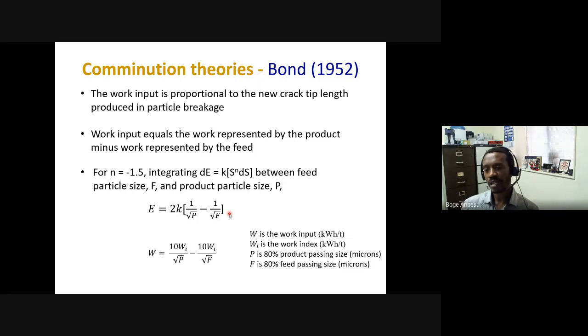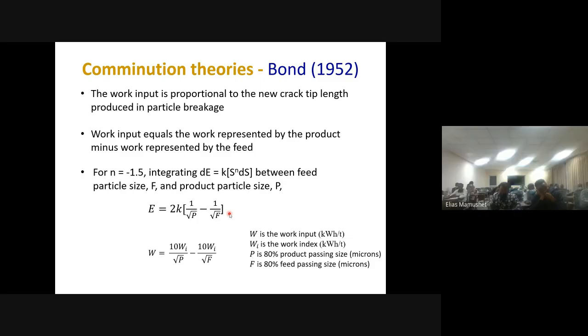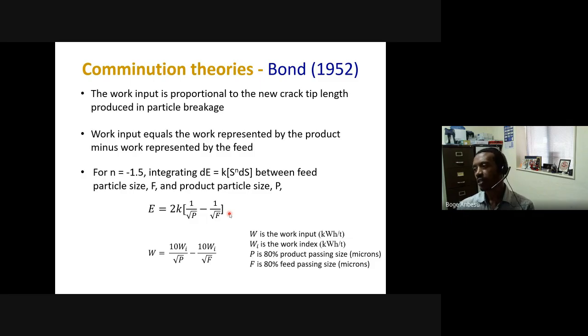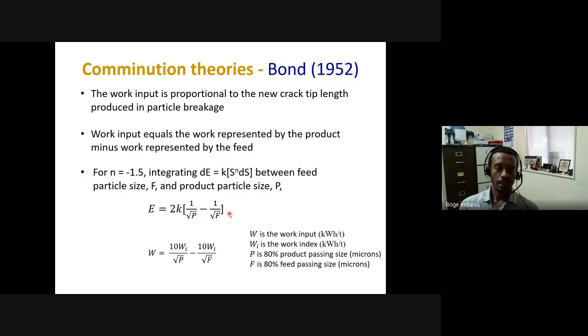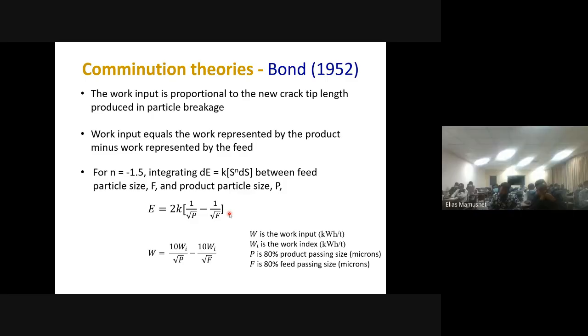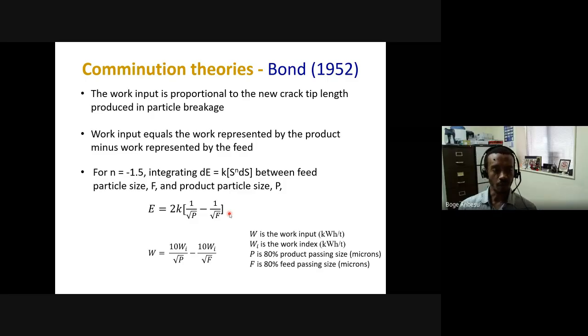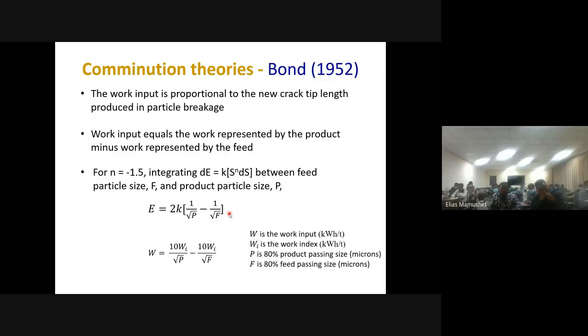He tried to relate work input, or energy required for grinding, to the crack that is produced in a rock. Okay, so work input is proportional to the new crack tip that has been produced during breakage. Based on that, he tried to work out the energy required, and from that, the grindability of an ore. So in this case, n was taken as